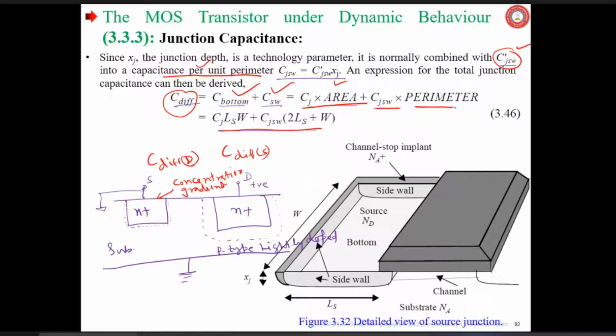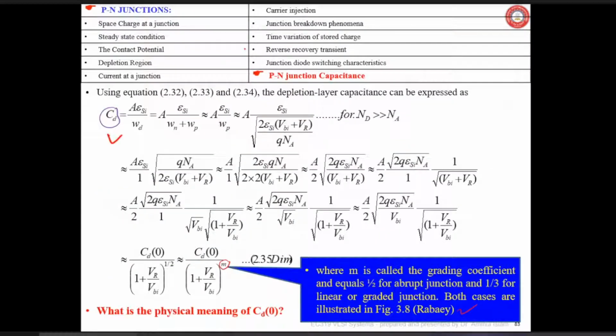Understood? And this is very important because it is parasitic capacitance, an undesirable capacitance. Why? Can somebody say? In your third semester, we have discussed this slide. CD, we have found for a PN junction, the capacitance of the depletion layer. This depletion layer capacitance we have found earlier.